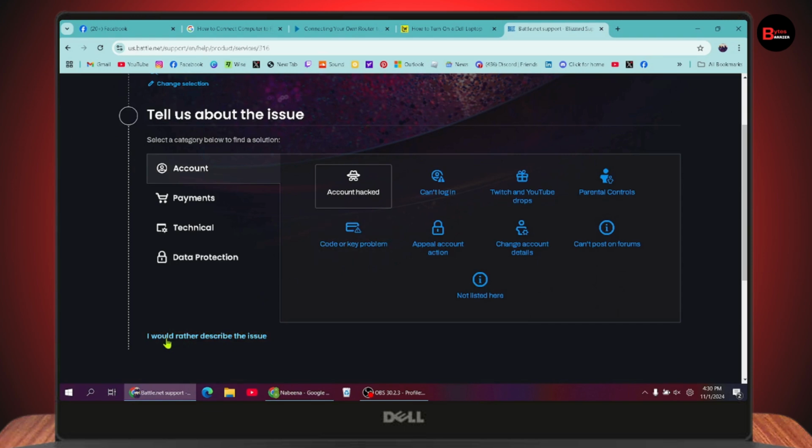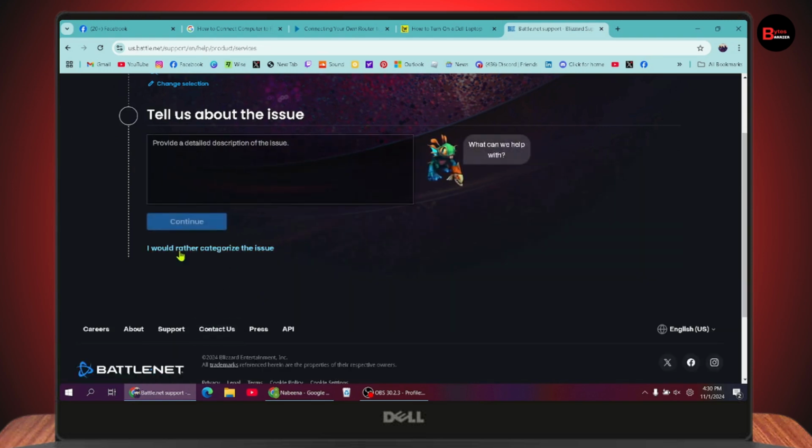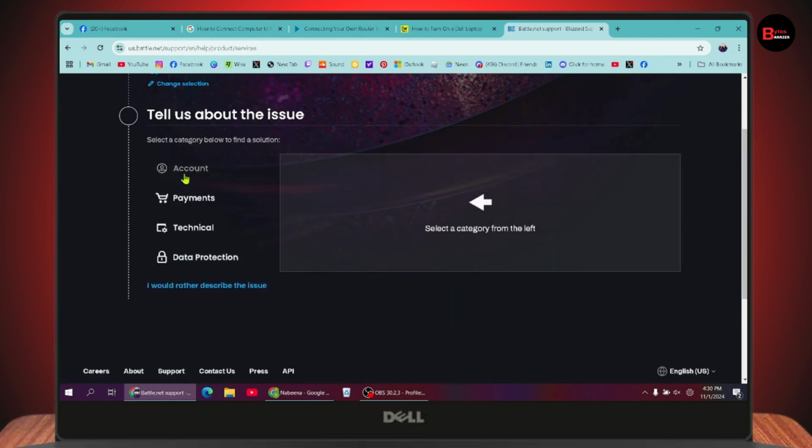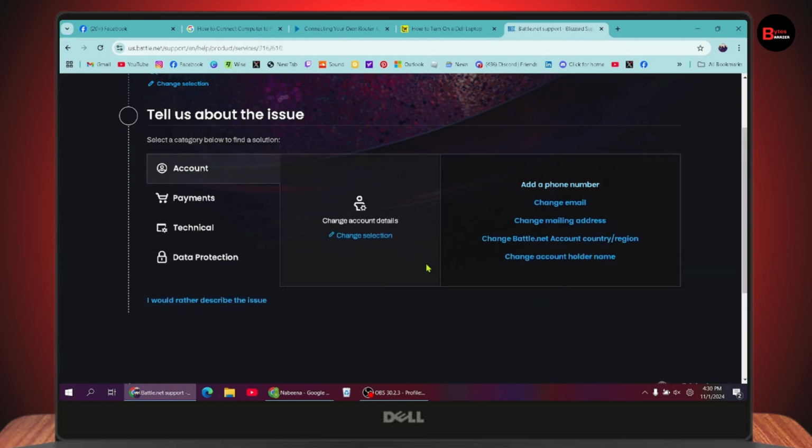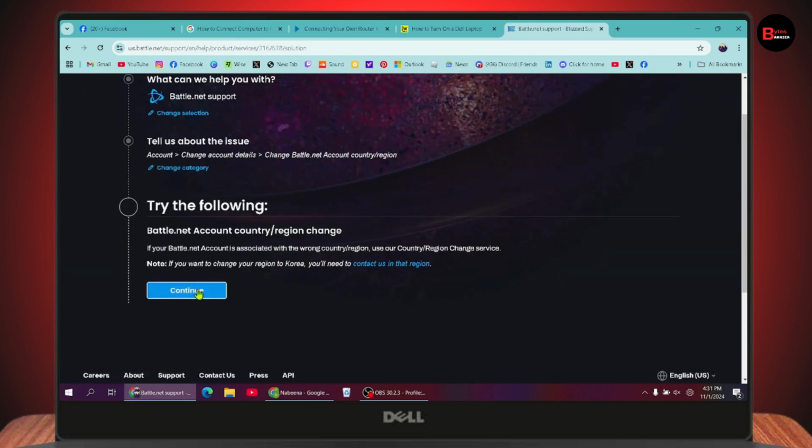Scroll down, go with I would rather describe the issue, and again click on I would rather categorize the issue, and then go with account, and from account you just need to simply go change account details, and here you will have an option of change battle.net account country or region. Click on the option, and then you need to go with continue, which is here on the left side,